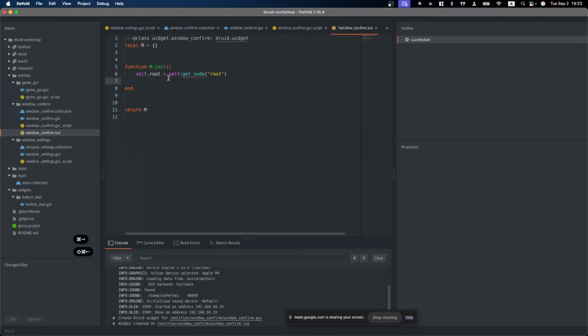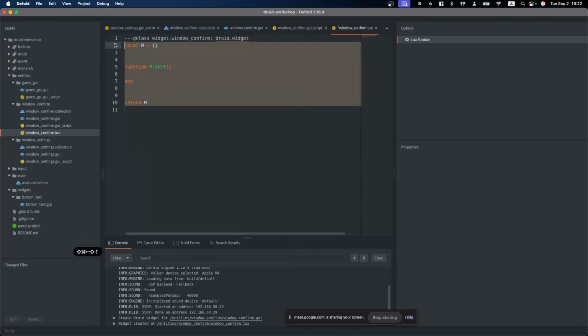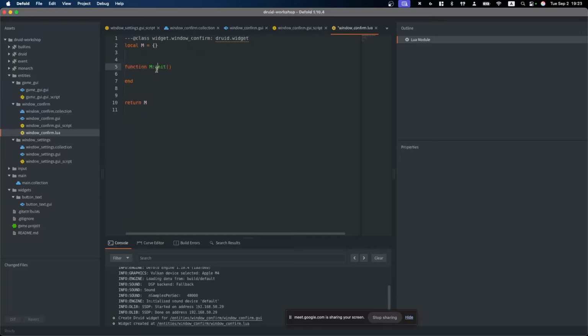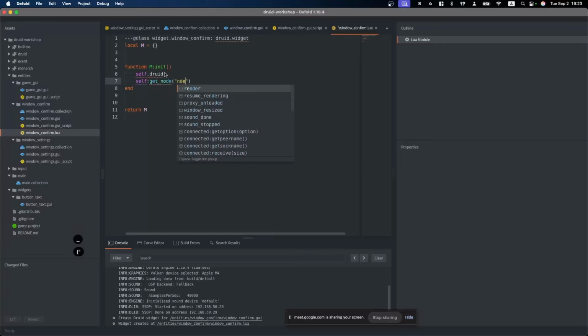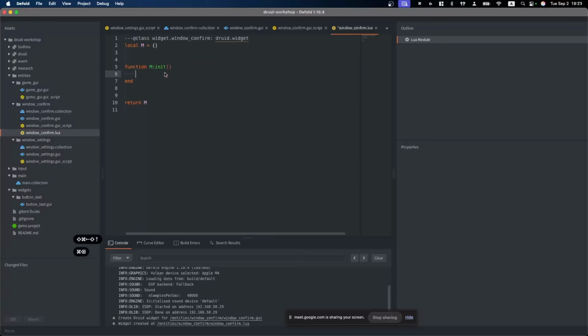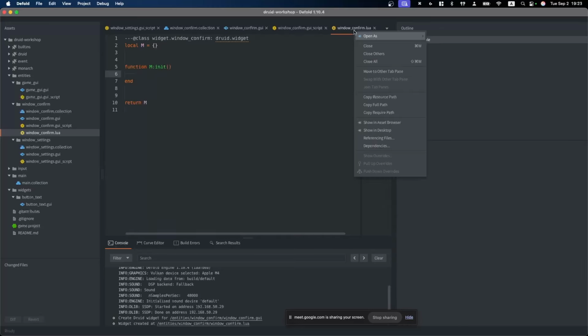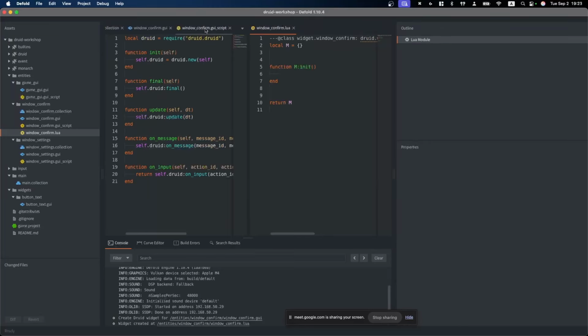In this file, you can create a Lua file which is exactly the same as you see, just an init function. Here you can use self.druid or methods like get_node by ID. It's a Druid widget. So what we need to do is absolutely the same as we did in the collections, or Windows settings, sorry. In confirm, go to our top pane, confirm.